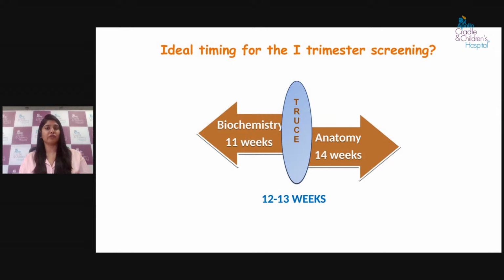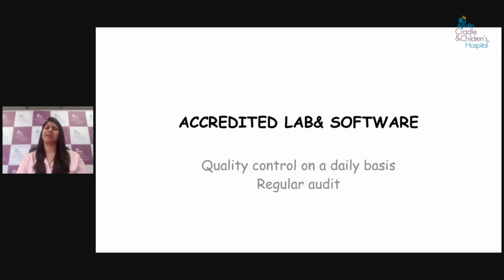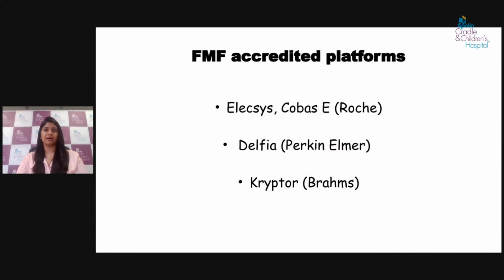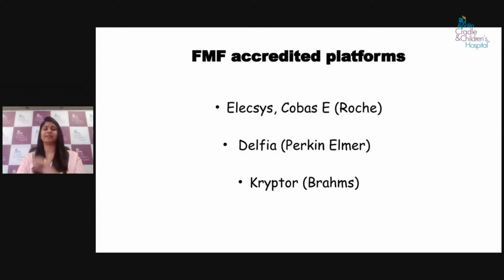Ideal timing for first trimester: biochemistry at 11 weeks, anatomy between 12 to 14 weeks, that is between 12 to 13 weeks. Where to do screening? Any accredited lab or software where quality control on a daily basis and regular audit is done are good. And these are different audits and certifications that are needed. These are some of the things that are used across the labs, which can be used in the software for us to give